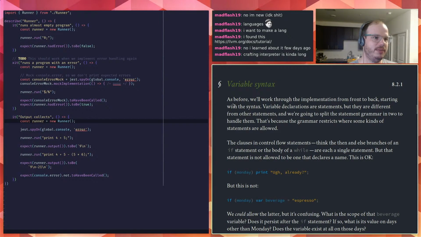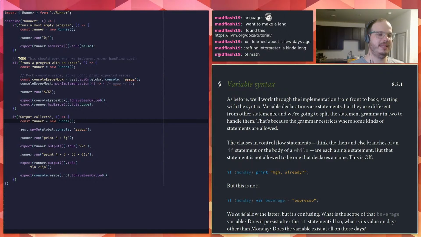All right, so front to back, starting with syntax. This book would be really dense if I didn't have some background in some of these concepts.